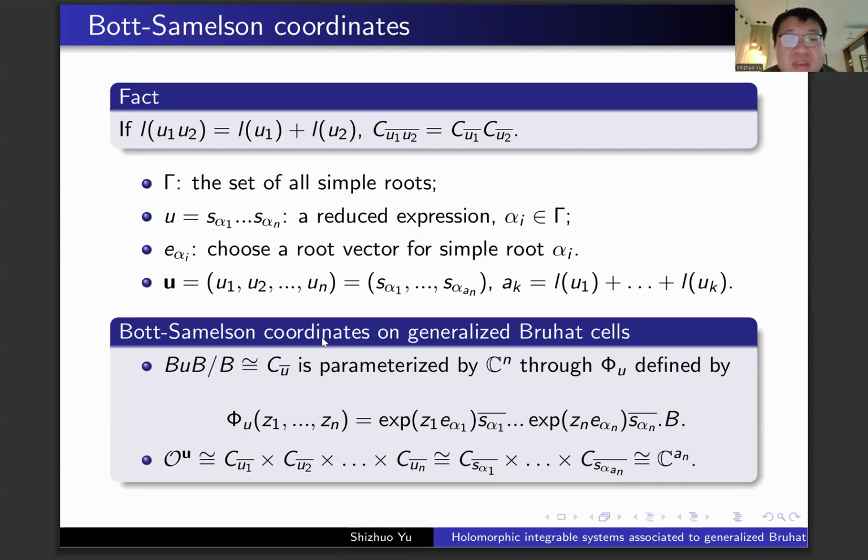And now we just need to identify the C_U with an affine space, and then we can give some coordinates on the Bruhat cells or the generalized Bruhat cells. Based on this fact that if the length of u1 u2 equals the sum of their lengths, then C_{u1,u2} equals C_{u1} times C_{u2}. Based on this fact, we can give each Bruhat cell or generalized Bruhat cell by the following